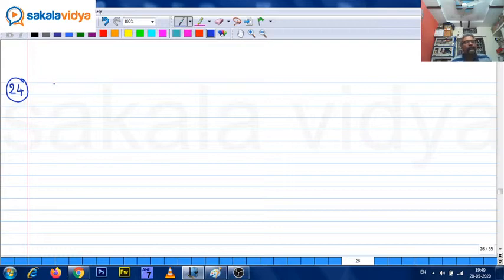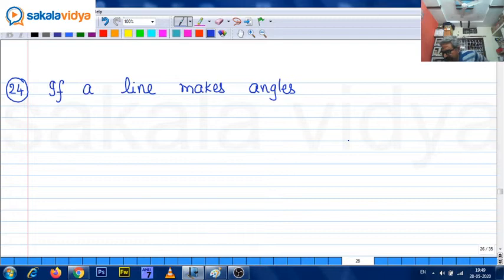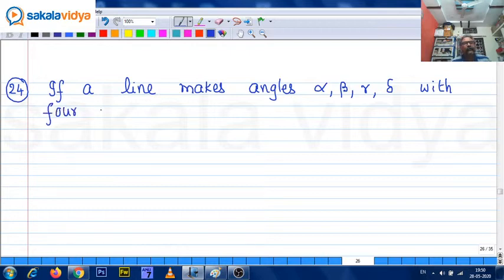If a line makes angles alpha, beta, gamma, delta with four diagonals of a cube